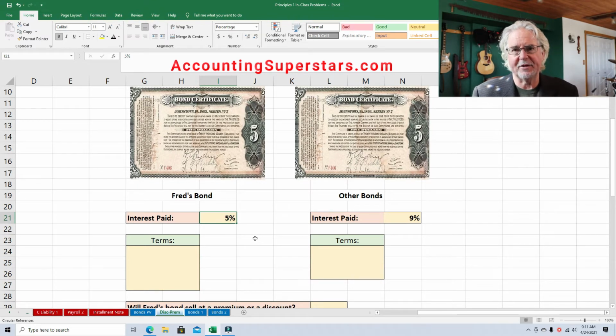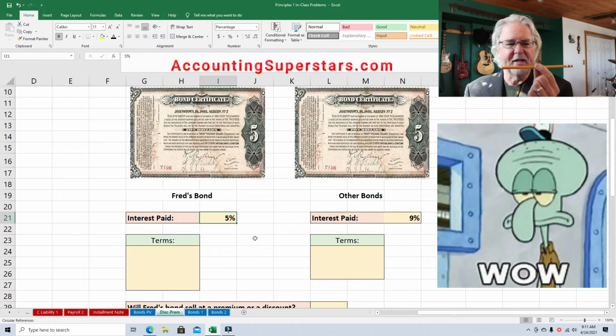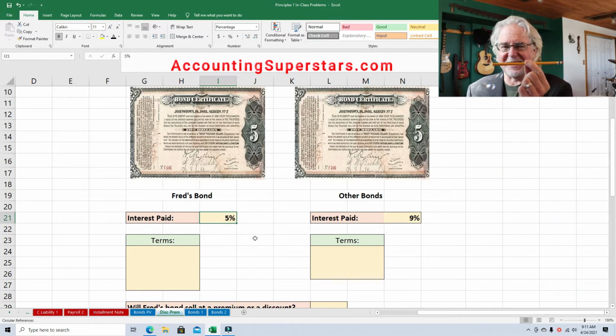So what I'm getting at here, and this is a good way to look at it, I've got a pencil right here, high tech. We're going high tech today. So this pencil is the key to bonds right here. And I know it's not sharpened, but over here with the eraser side, let's say that this is the value of Fred's bonds. All right, the dollar value of Fred's bonds.